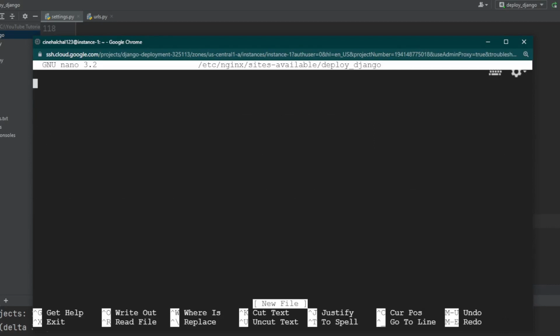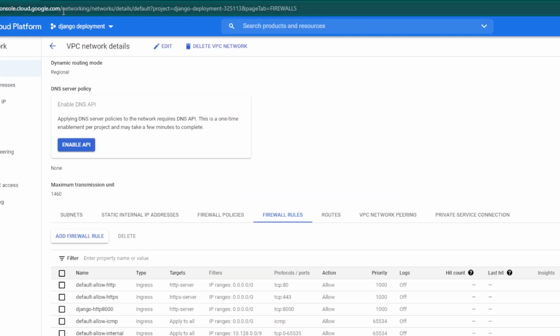Here open a new server block. This block should listen on the normal port 80 and respond to our server's domain name or IP address. For that, listen 80 and the server name is, let's go back to the server.